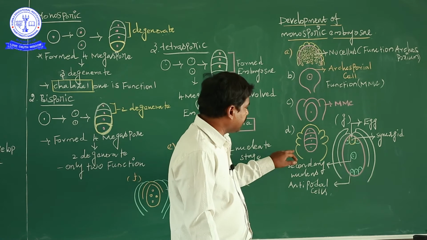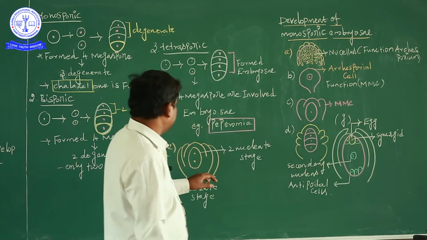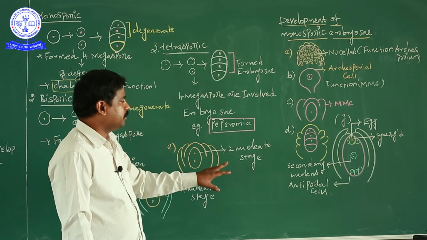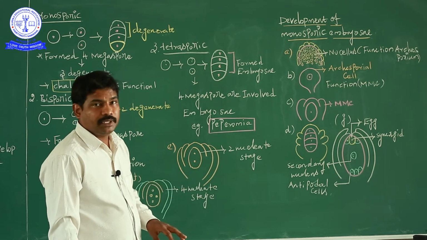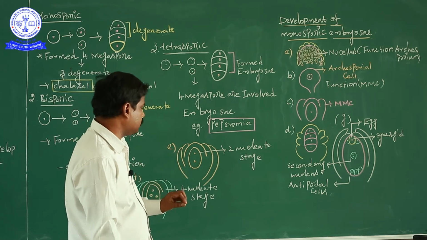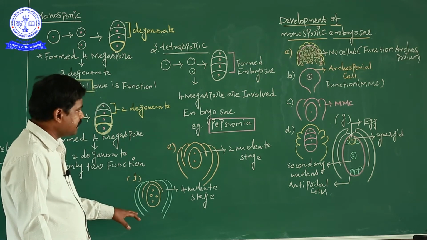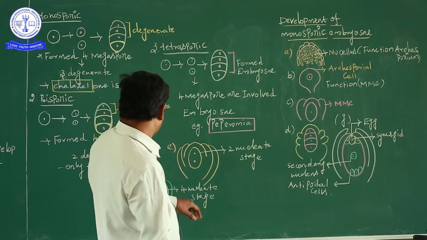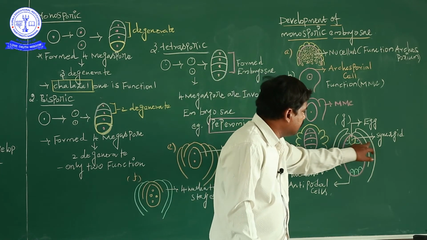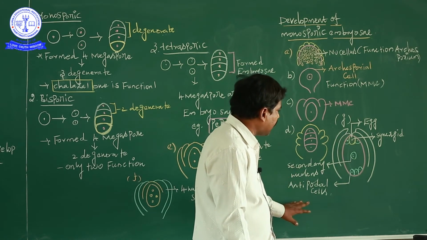In the next diagram, one cell divides and four cells are formed. Again the two-cell stage is present. Most angiosperms follow this pattern: a nucleus stage, then the four-nucleate stage, and then the last one, G, with the egg, synergids, secondary nucleus, and antipodal cells.